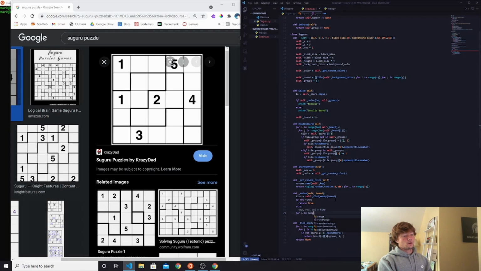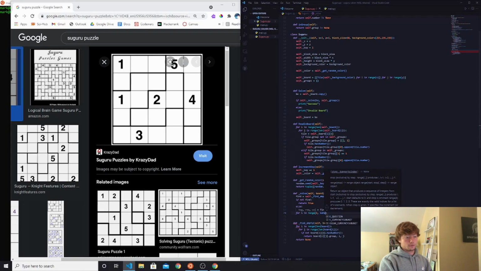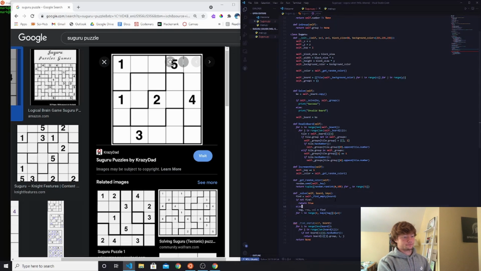Okay, so now we will iterate from 1 to keys of tag 1 plus 1. Okay. Forgot to take in the keys right here, but that should be good. So this is going to iterate